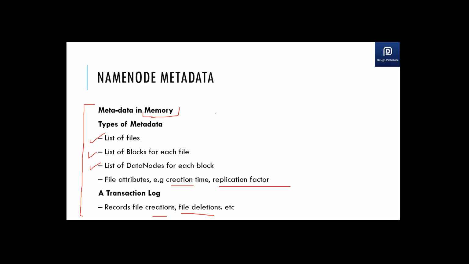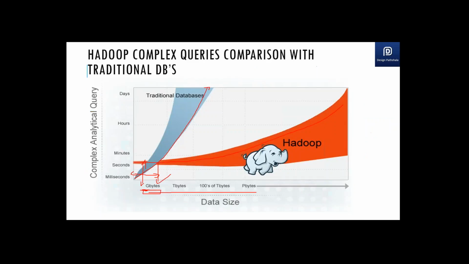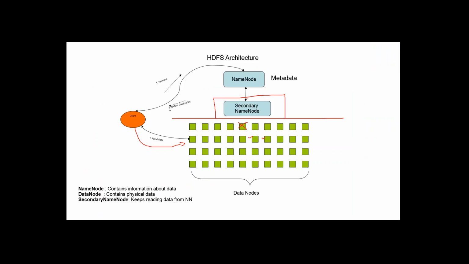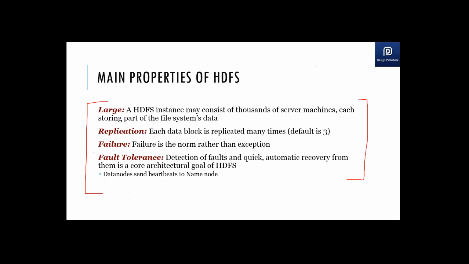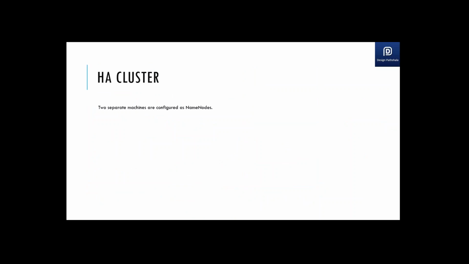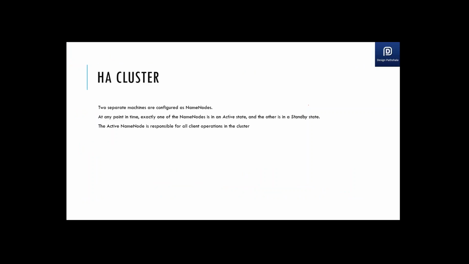Okay. So basically, what happens in 2.x architecture? There's something called a secondary node, and that node keeps a copy of the name node. But what happens in 2.x architecture is the high availability architecture. There are two separate machines called name nodes. One is active at a time, another is passive, that is standby, at a time. The active node is responsible for all the client requests which are coming to the cluster. So the active node handles all the requests coming to the cluster.